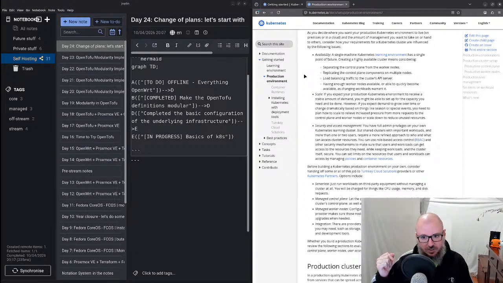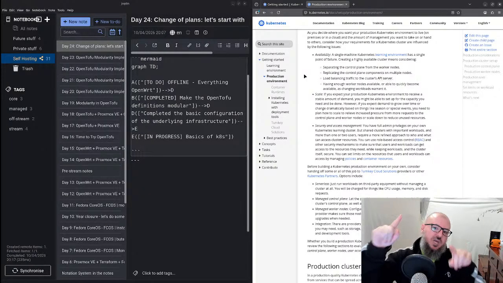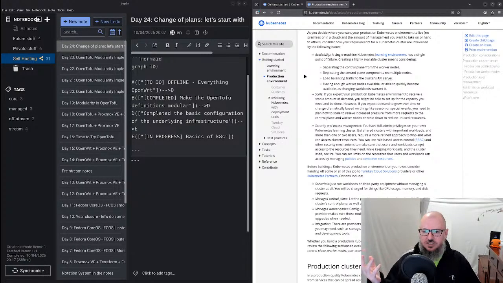So, what is not exactly perfect in my case, at least currently: I have my Proxmox node, that is one node, and inside I have both control plane and worker nodes. That sounds like it's bad. Load balancing the traffic to the cluster's API server will need to be configured. I don't know how currently, but we will learn. Enough worker nodes available. That is another thing that I will need to work on. Thankfully, I have ideas for that,